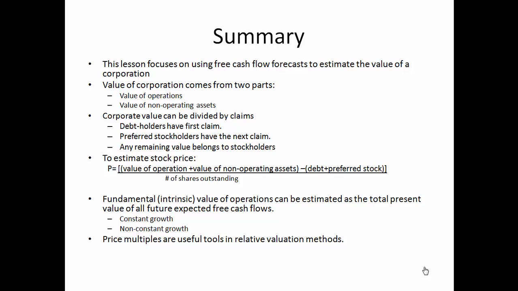We started with a constant growth model, and we extended to a two-stage non-constant growth model. Under both models, we calculated the total present value of all future expected free cash flows discounted by the WACC, weighted average cost of capital. We also learned that price multiples are useful tools frequently used in valuation, and they are called the relative valuation